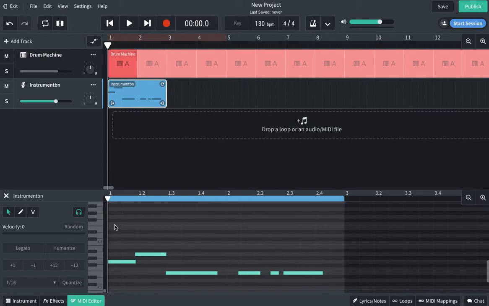Select all your notes by dragging a box around them, like this, and then press the Quantize button just in this menu on the left hand side. That drags all the notes onto the beat, so you've got a really solid sense of timing. Let's press play and have a listen to how that sounds. In fact, before I do,